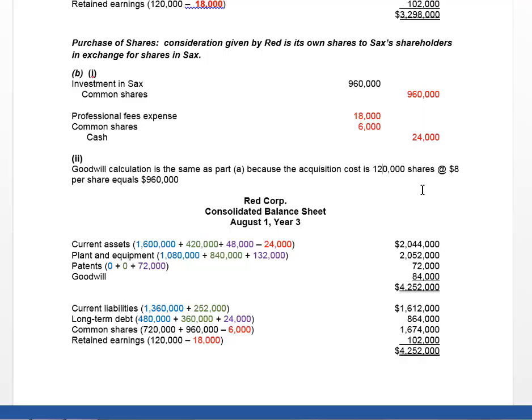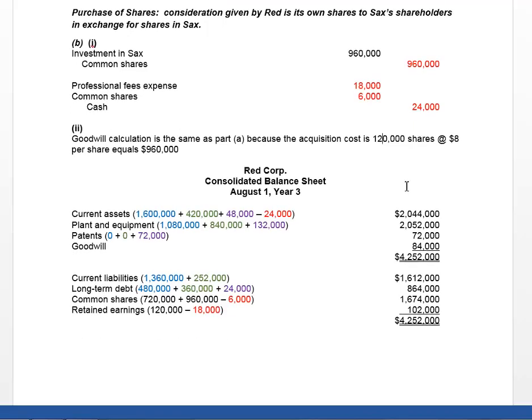First of all, using the direct method, which adds the carrying value of Red's items on its balance sheet, in this case, I'm looking at current assets, it's going to add to its carrying value of current assets the fair value, which is carrying value plus the fair value increment of Saks's current assets. But in this case, we have to remember there was not